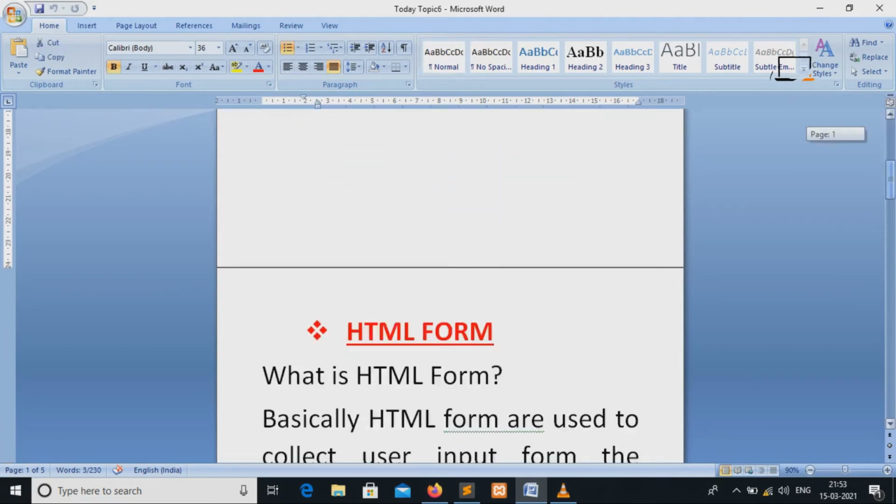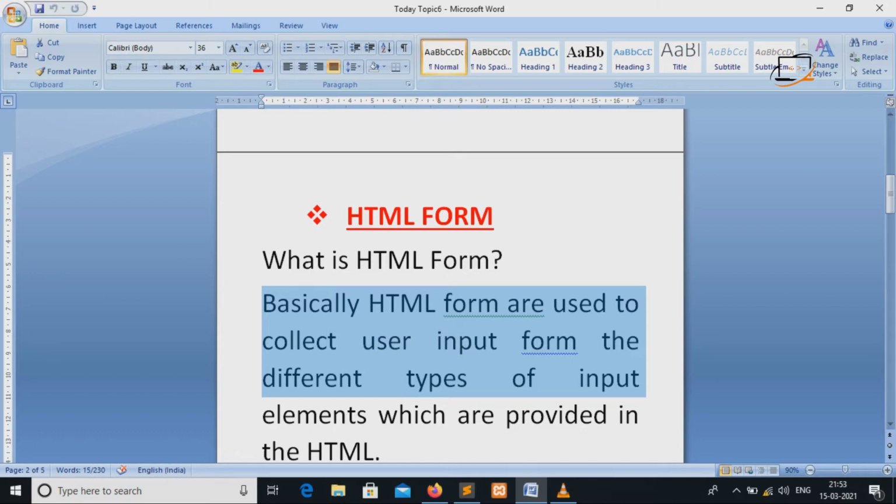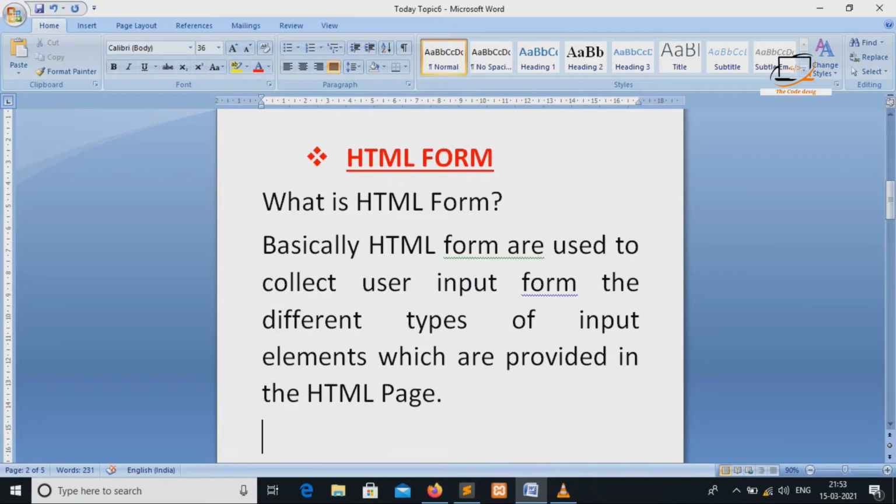So basically, what is a form? An HTML form is used to collect user input from the different types of input elements which are provided in the HTML page. In a form, we use different types of elements such as radio or input or checkbox.